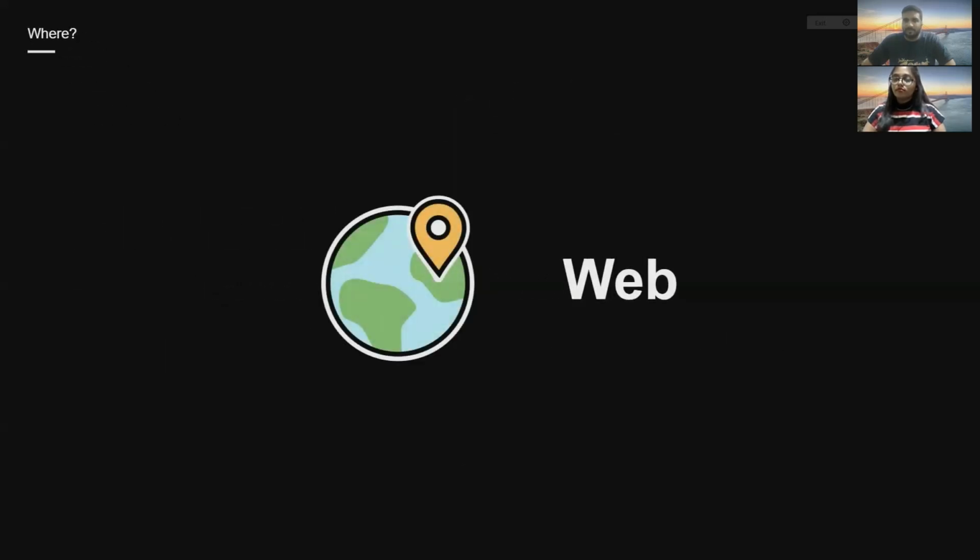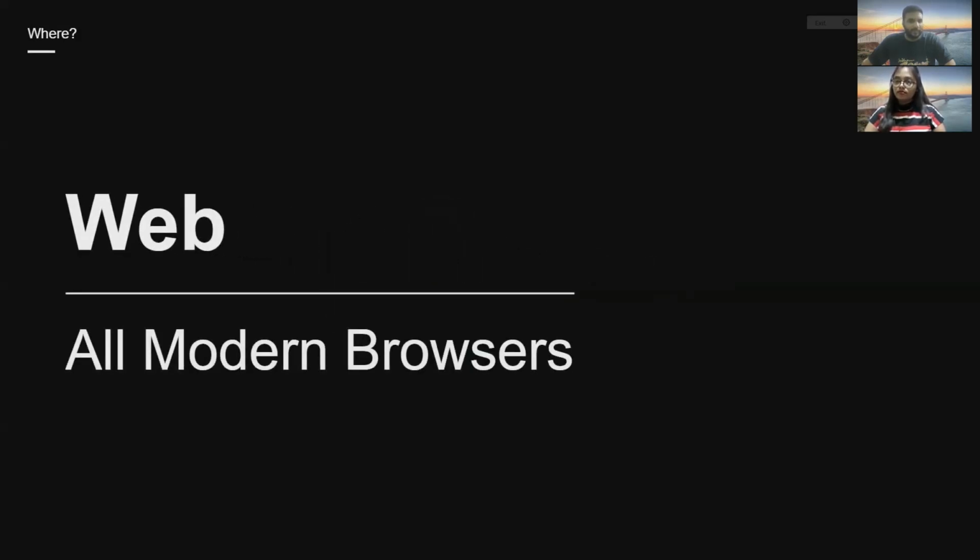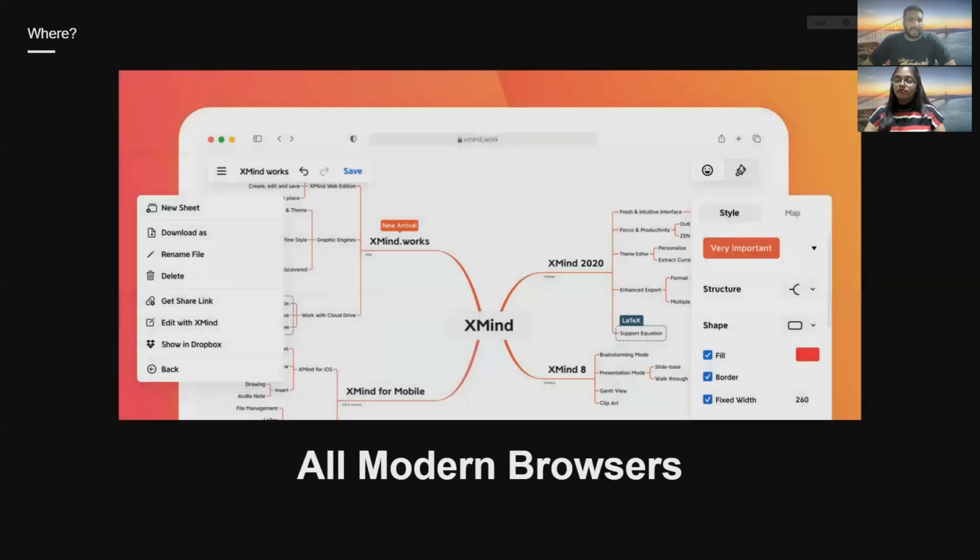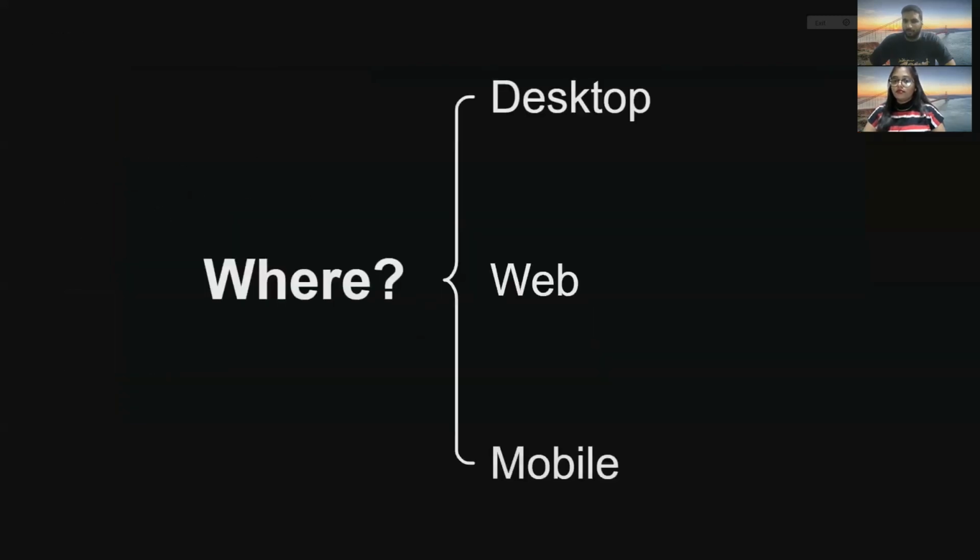Another platform is the web platform, which has been recently introduced, and the web platform is supported on all the modern browsers, and it essentially does not require any tool to run or see or create your mind maps. You can directly create your mind map from the web version. If you have synced your mind maps from the desktop version in some drive, you can even open it from the web version, edit it, work on it, download, save, and do everything like you do in your desktop mode. So this is something that you should watch out for.